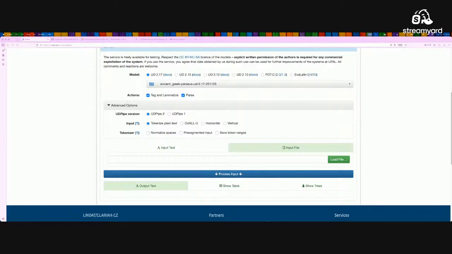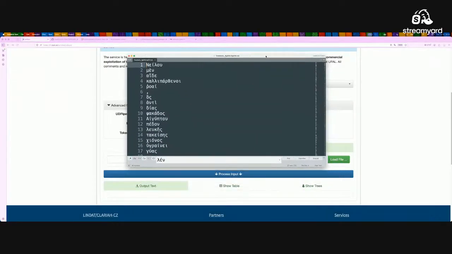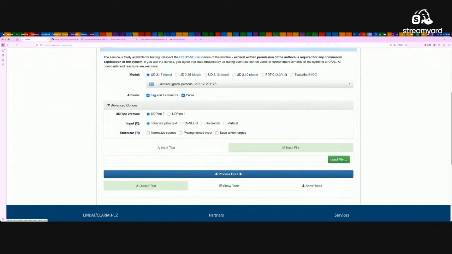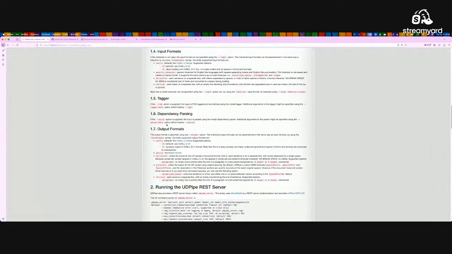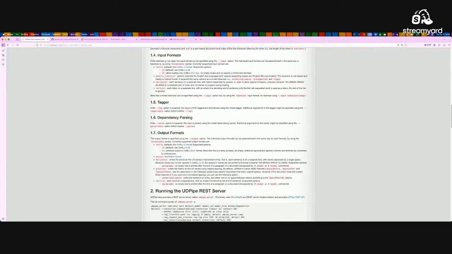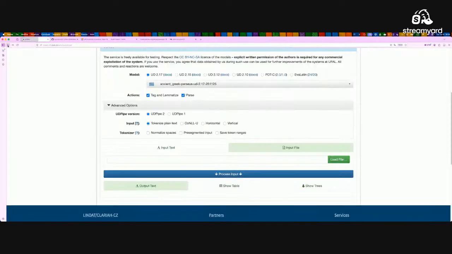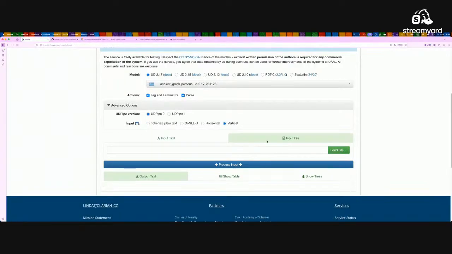If you use, for example, the Helen of Euripides that I showed before, you can see that this text is already pre-tokenized. So here, for example, you can read a manual on the different input formats. This is the vertical text. So for that, we will need to select the vertical option.